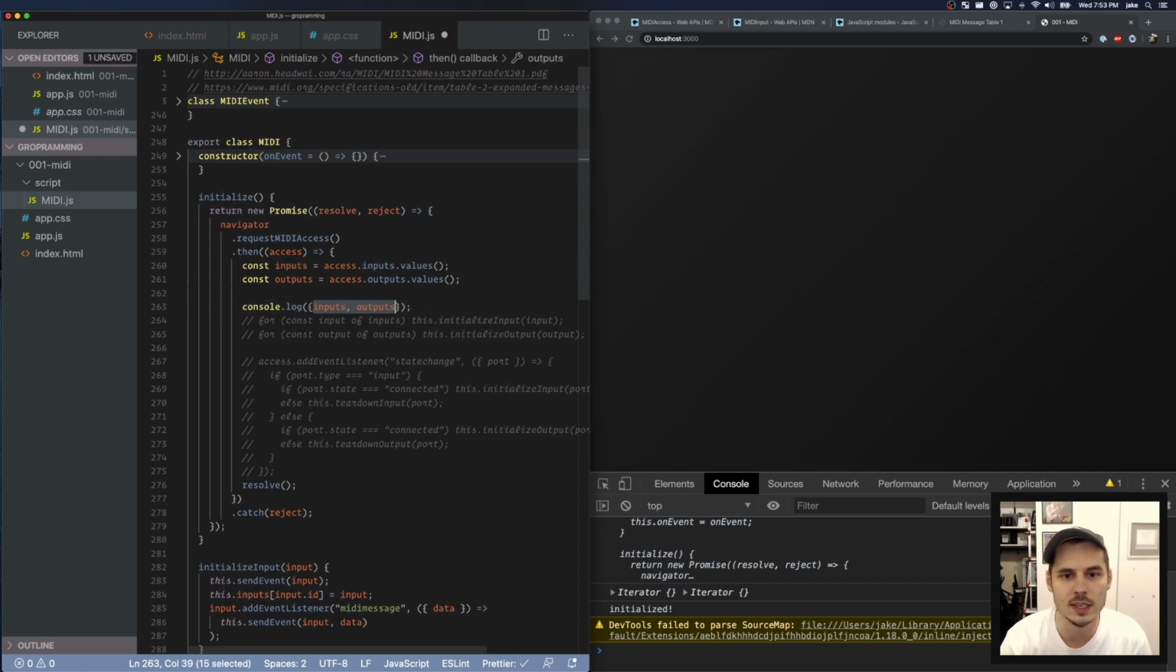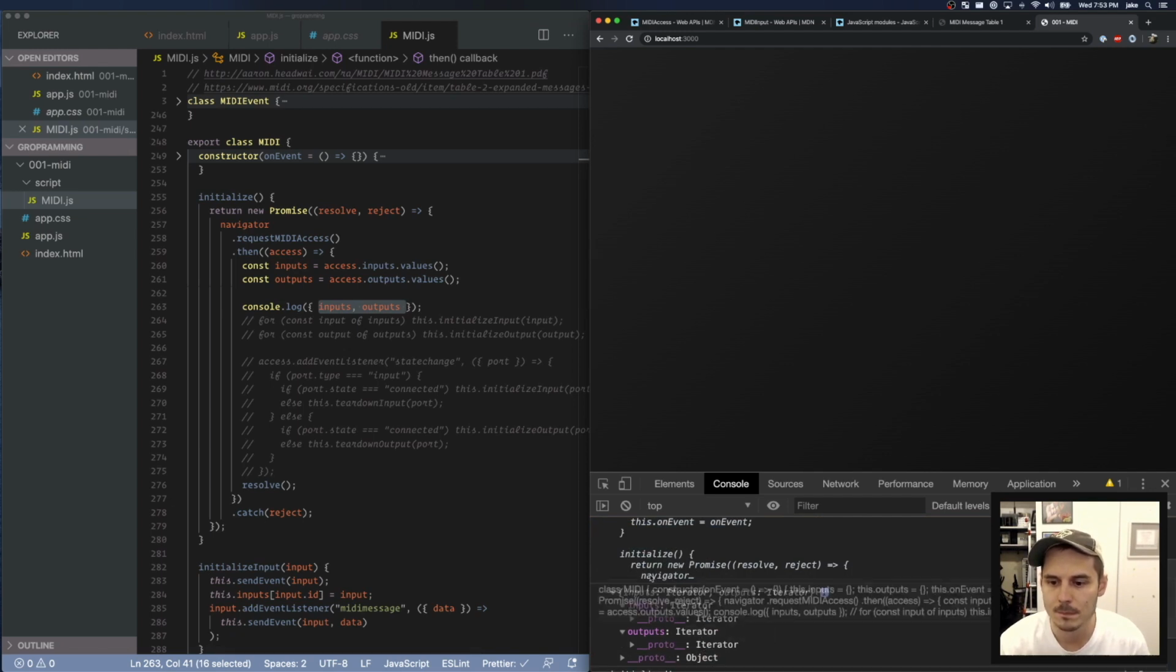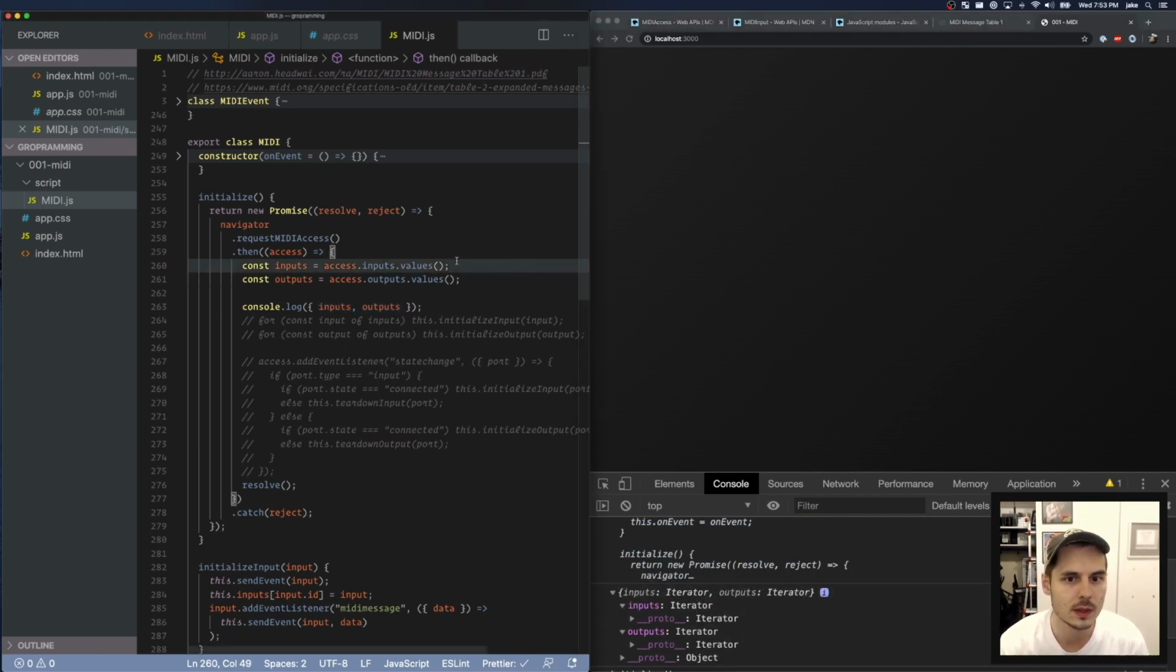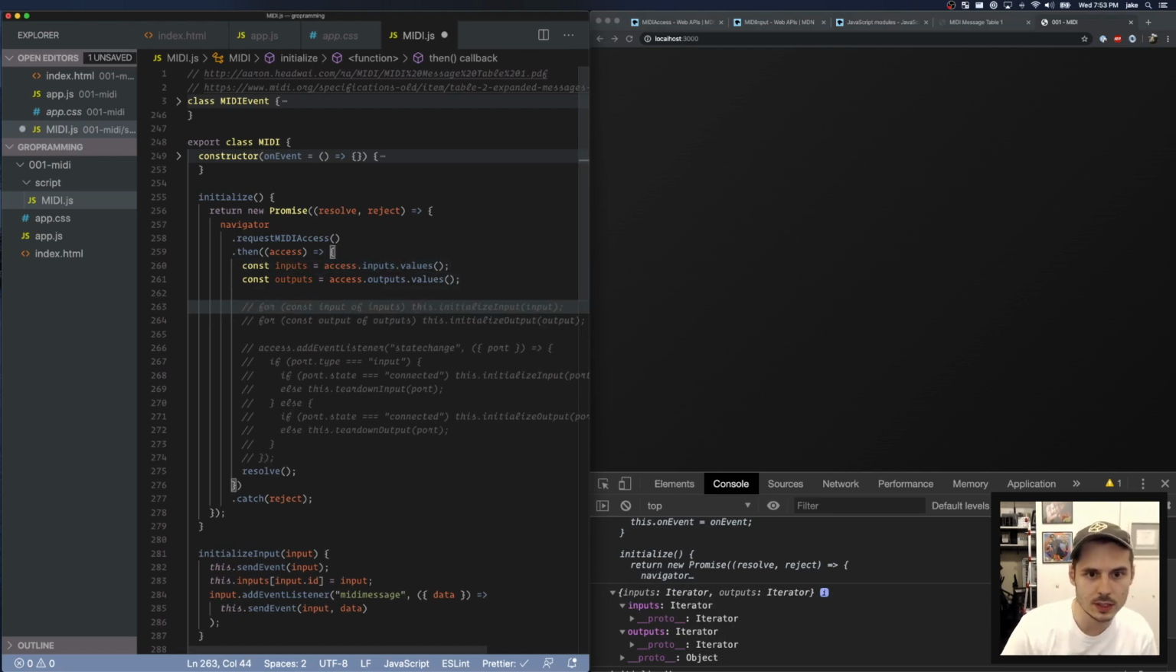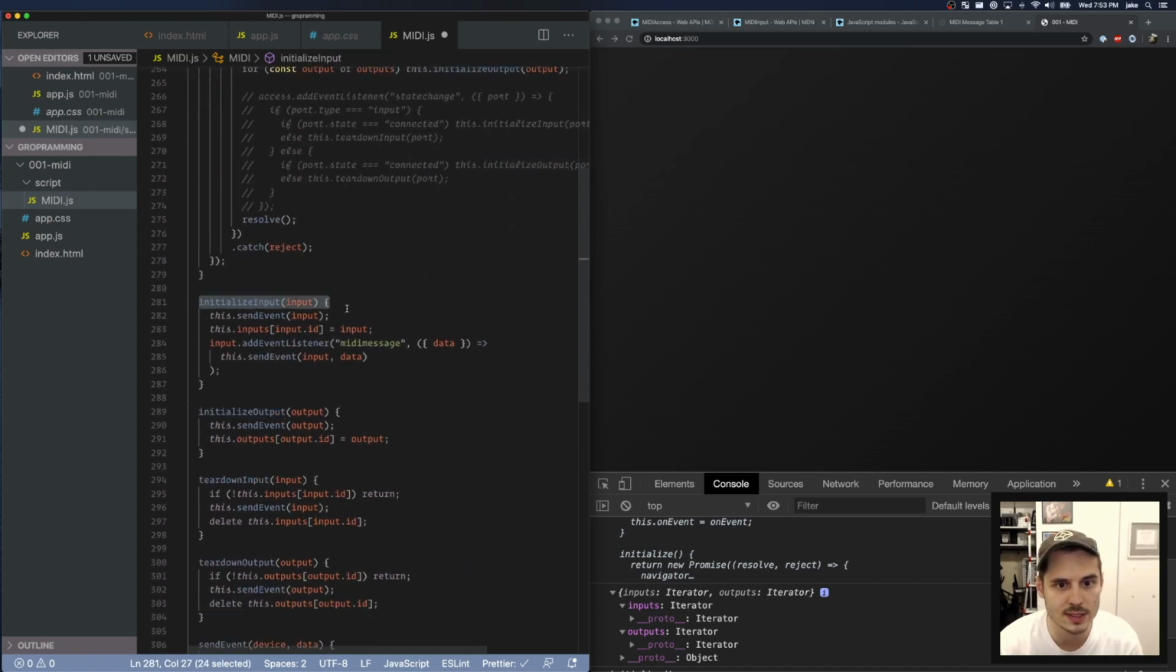Let's actually do this so that we can see it. All right, inputs is an iterator, outputs is an iterator. There's no values. There are actually values. Let's do this. So for each input of inputs, for each output of outputs, we're going to initialize an input, or initialize an output. So when we initialize this input,